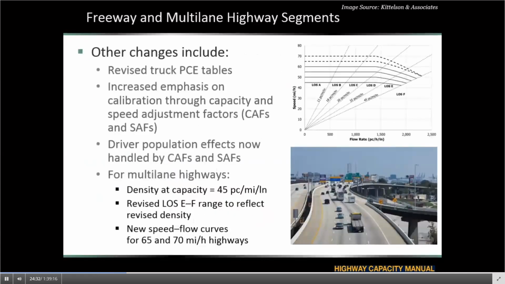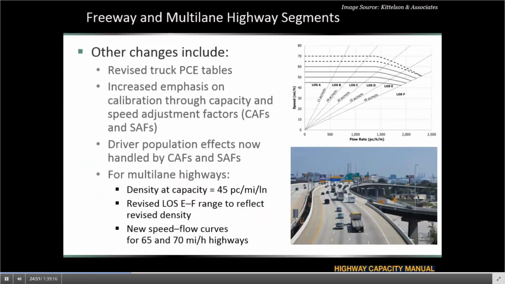So looking into the changes in this chapter, we do have revised truck PCEs, passenger car equivalent tables, which is one of the big changes in the HCM6 compared to 2010. We have an increased emphasis on calibration throughout the analysis.